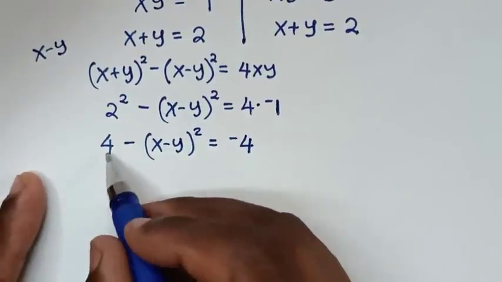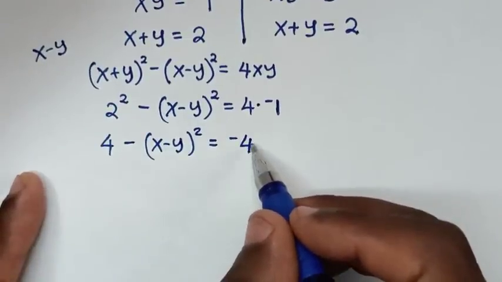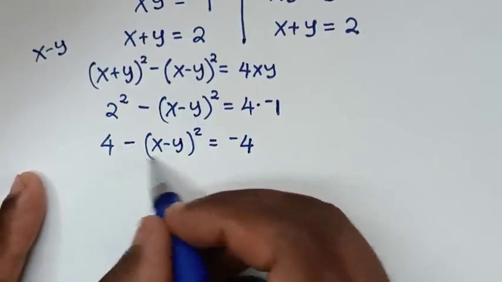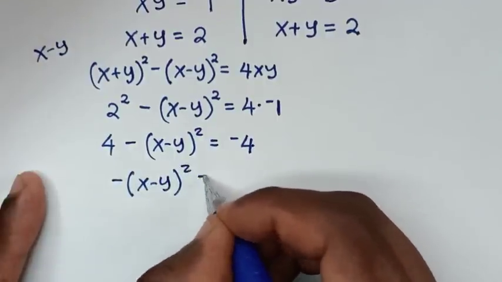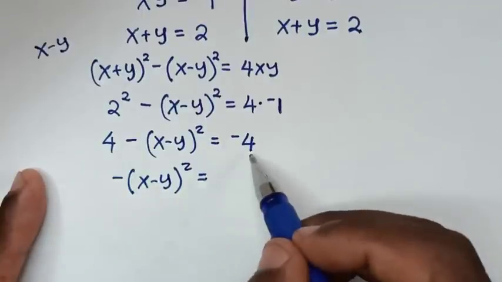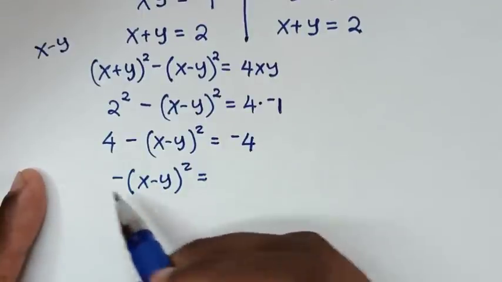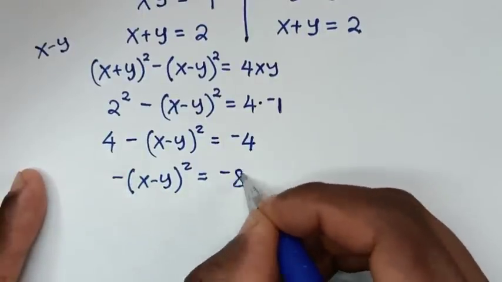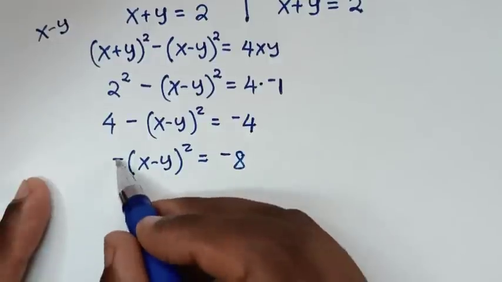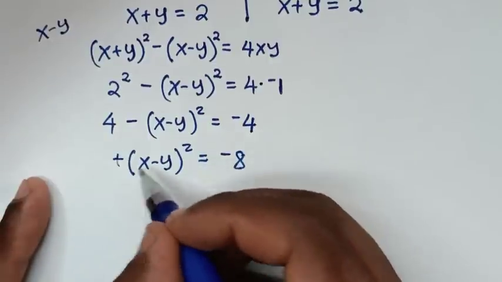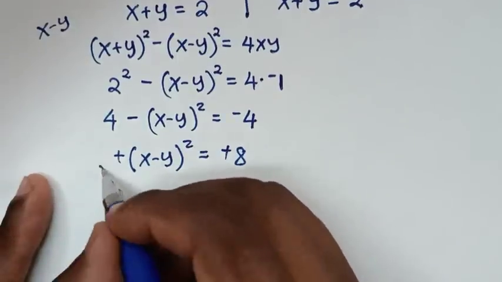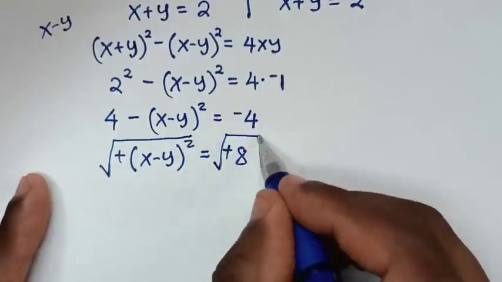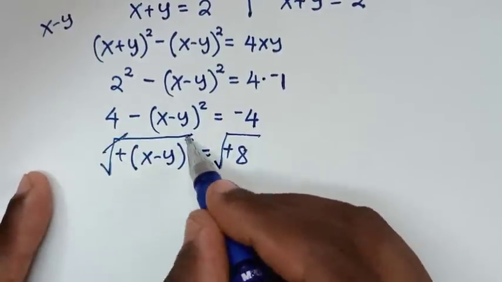Then from here we take this 4 to this side, so it will be negative bracket x minus y bracket square is equal to 4, we take to this side, it will be minus 4 minus 4, it is minus 8. So here we have negative and here we have negative, so it will be positive. Then because we have square here, we'll apply square root on both sides, so this square root will cancel the square,